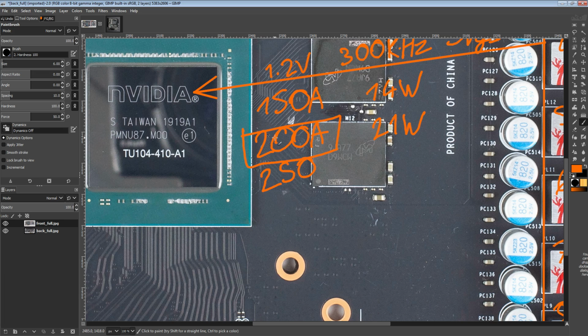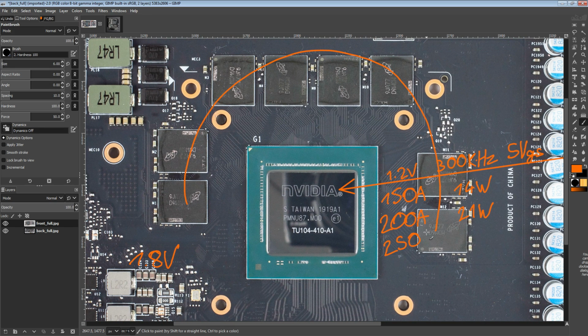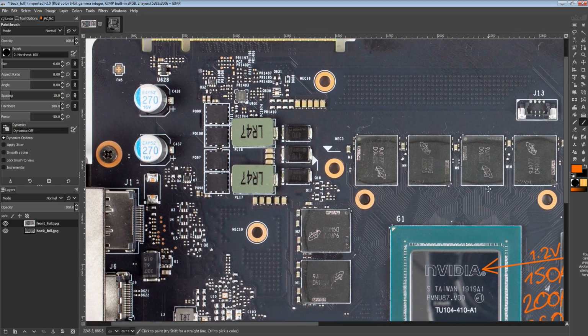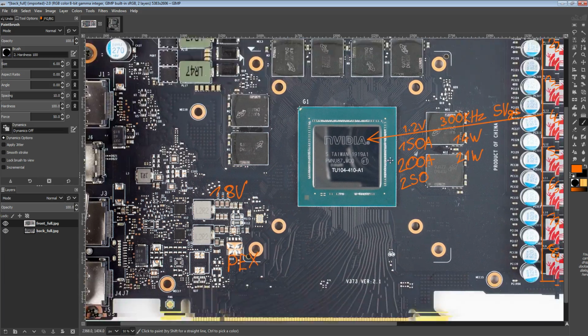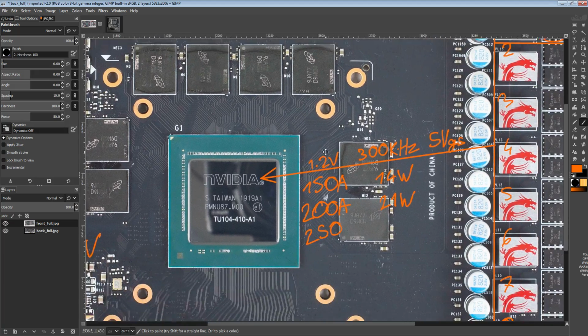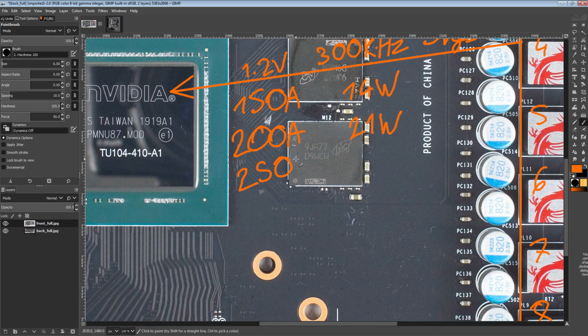So this is going to be above stock, because obviously a 2070 Super comes at around 220 watts stock power consumption. So you'd probably be looking at something around 30 watts for the memory system. I don't actually know for sure how much the memory system would pull. I'd love to get a measurement of that, but I've not had a chance to do that yet. I'm eyeing if the power plane here would make that easy to do, but I don't think it is. That doesn't look easy. I was hoping there'd be some bridge resistors that you could just desolder and put a shunt in between and measure it yourself, but that's not available. So anyway,